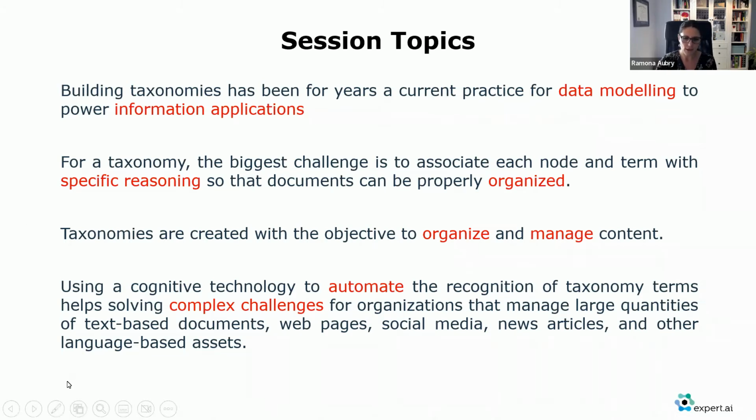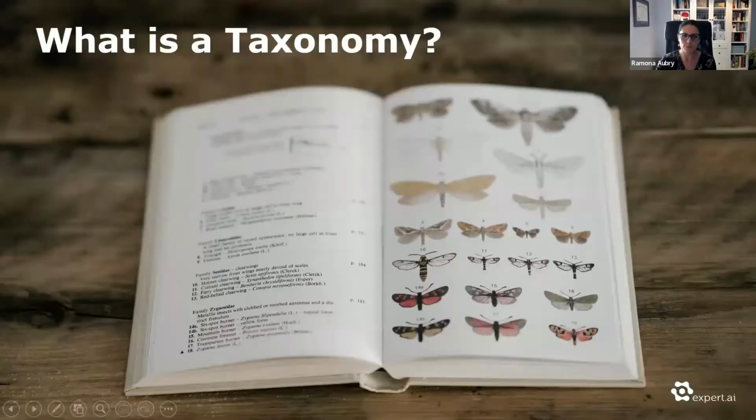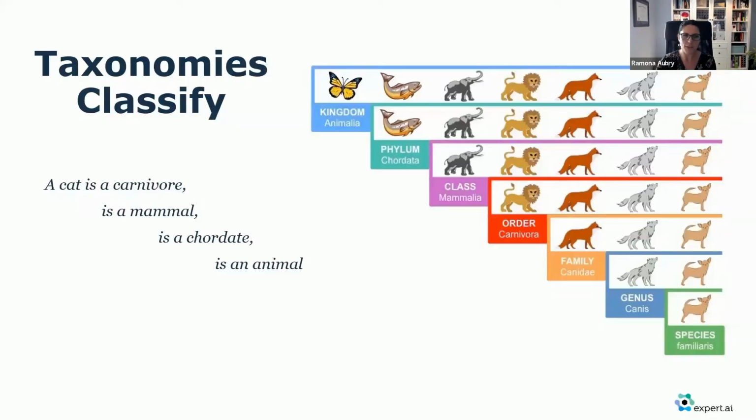So let's dig in. Now, I'm not going to talk too much about what is a taxonomy. I want you to think of your own definition of a taxonomy, and hopefully some of the things that I will say will relate to how you envision the taxonomy. But as a general definition, I would say that taxonomies are used to identify and classify information into a certain structure, which is usually hierarchical. And we do that with the objective to analyze content against these taxonomies. They provide terms or categories that are given for a specific domain.